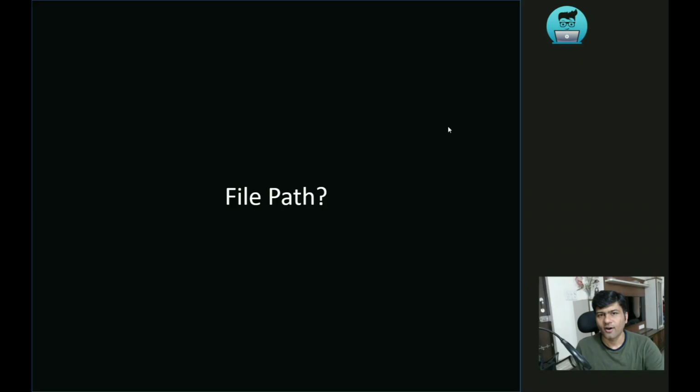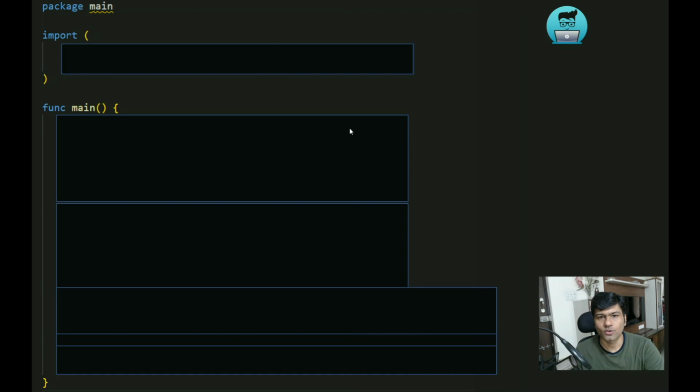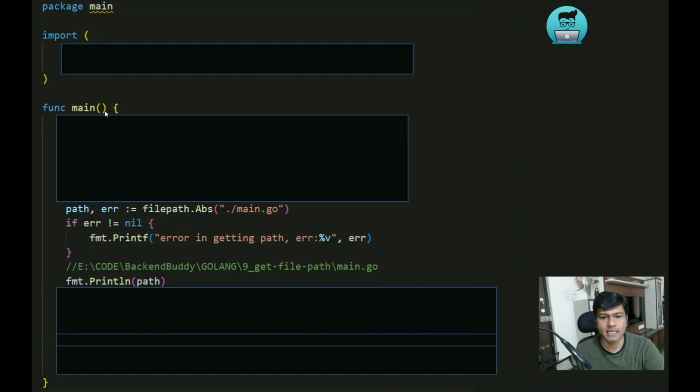And now we will learn how we can use Golang to get the file path, directory and extension, everything, all the details. So let's learn. Okay, so here is the example in the Go programming language, like how we can get the file path. So let's begin. Here in the function main,